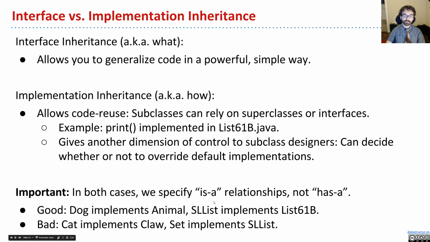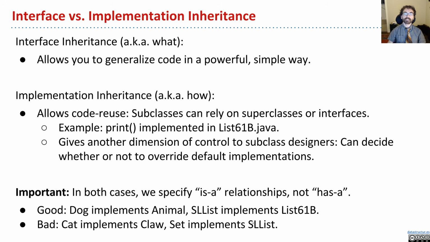By contrast, if you read it as has-a, that's no good. You don't want to use inheritance in that case. So for example, if I make a class called cat and it implements claw, it is true that cats have claws, but a cat is not a claw. Now you might say, that seems weird. Why would I ever even try to do that? But here I think is a better example where you can maybe see why you might get tempted into going to the dark side. So if I say set implements slist,